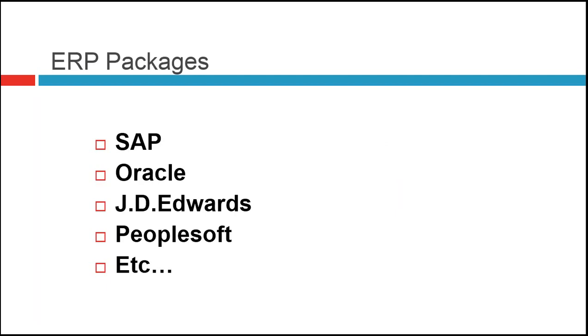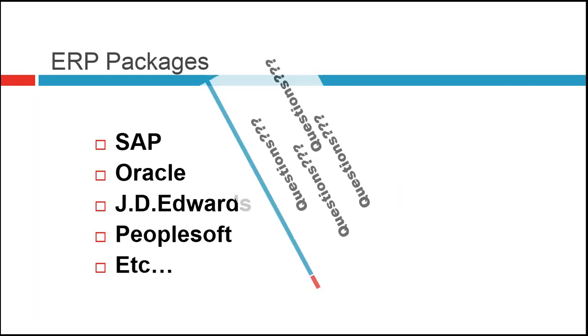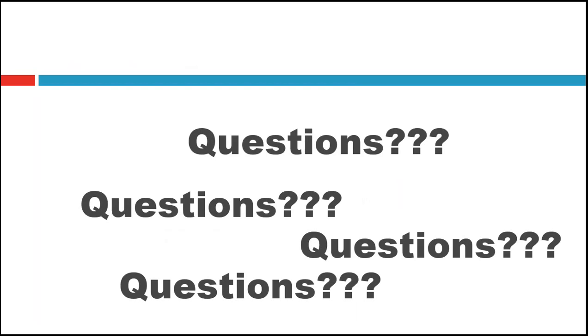And every product will have some packages. For example, MS Office is also a product. It consists of packages like MS Word, PowerPoint, MS Access, MS Excel, and all these are the packages involved in MS Office. Similarly, ERP has some packages like SAP, Oracle, JD Edwards, PeopleSoft, SAS, etc. Among them, we are going to learn about SAP.